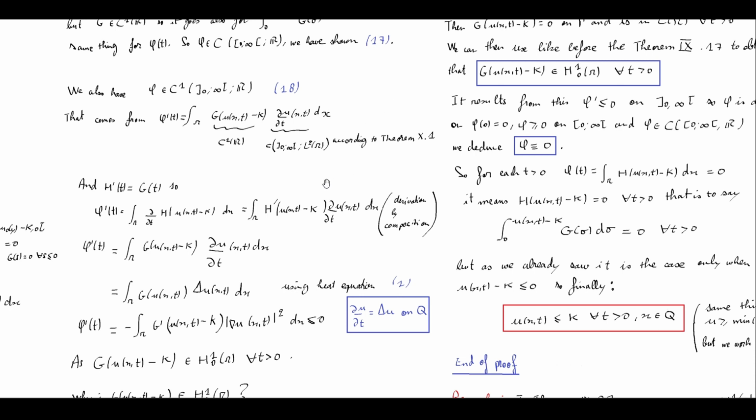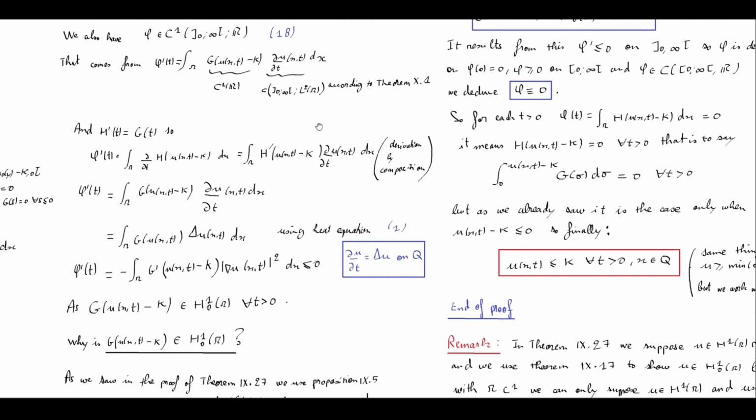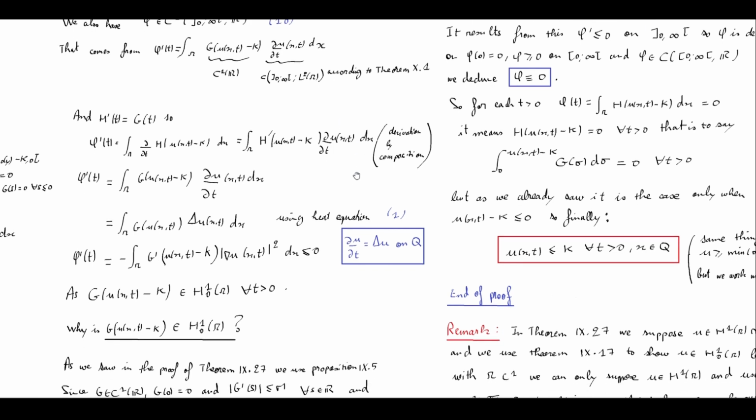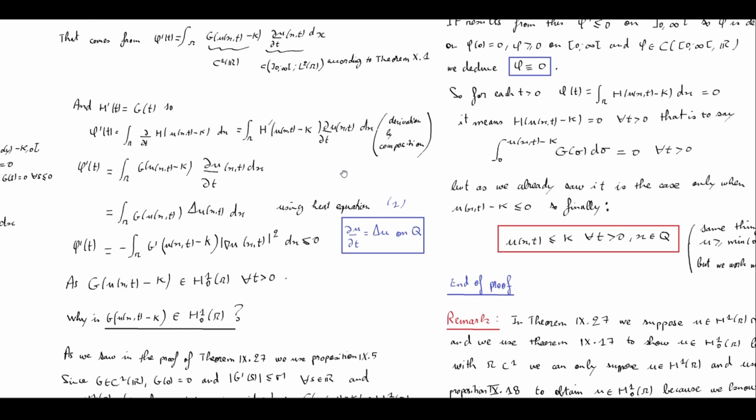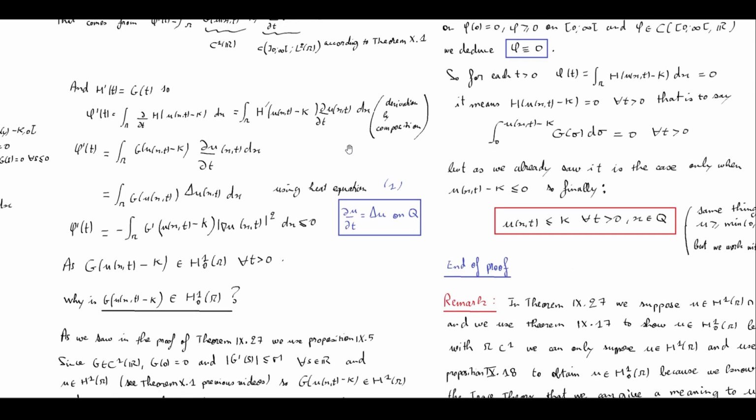So phi prime of t equals the integral on omega of the partial derivative with respect to time of h(u(x,t) - k) dx, which is also equal to the following integral by derivation of a composition product. So then phi prime of t equals the integral on omega of g(u(x,t) - k) times the partial derivative of u with respect to time in (x,t) dx,